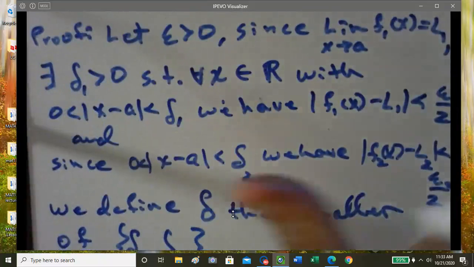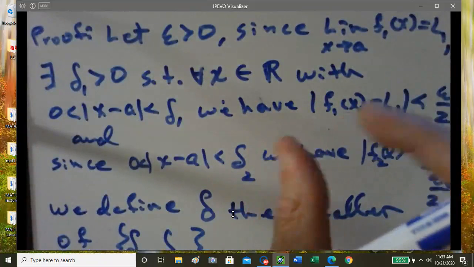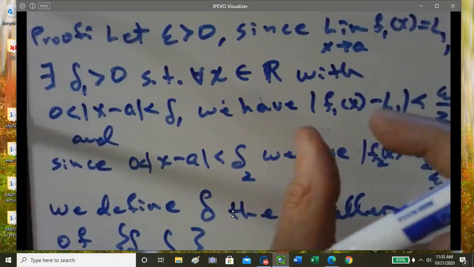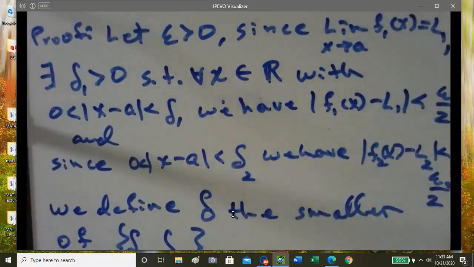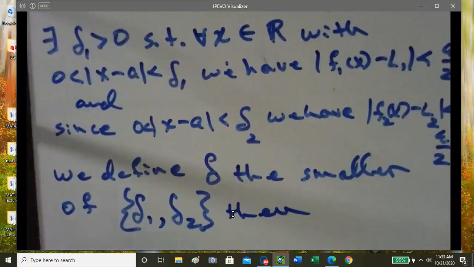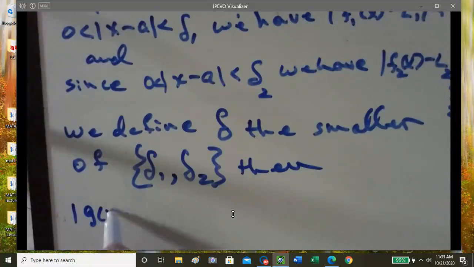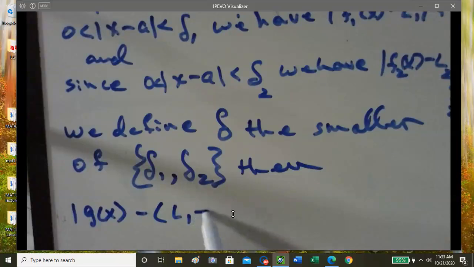So we can go smaller, and that's okay. We can define it as smaller. So we want to choose the smaller of the two deltas. Then we can say that the absolute value of g of x minus the sum of L1 plus L2 is less than, is going to equal